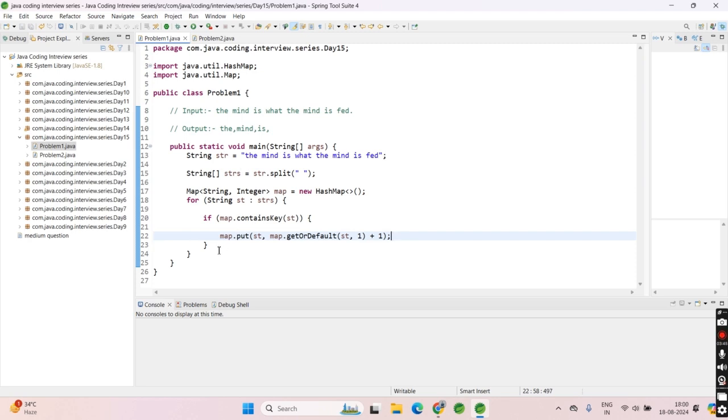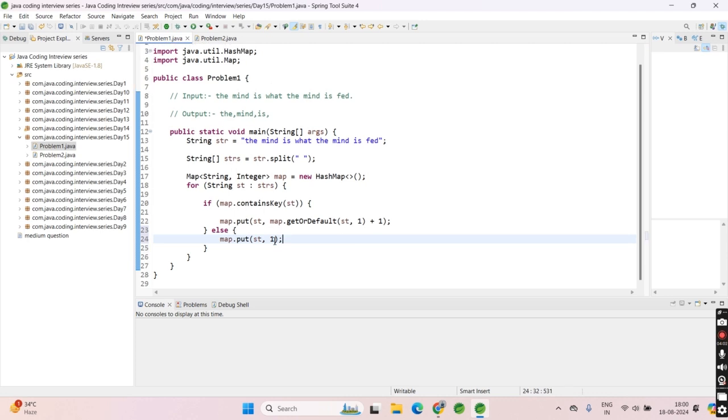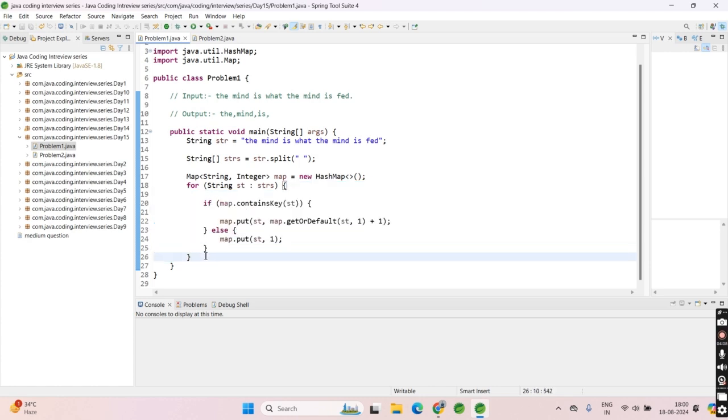Then after, map.put(st, ...). If it does not repeat 1 or more times, just keep the count as 1. Then after that, what we need to do,